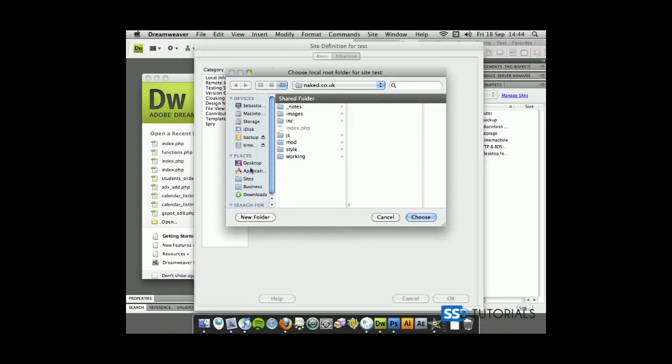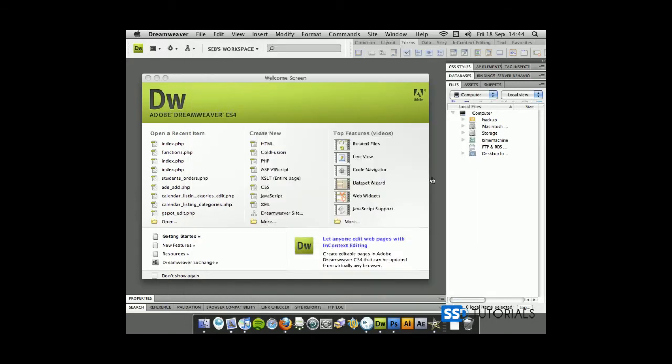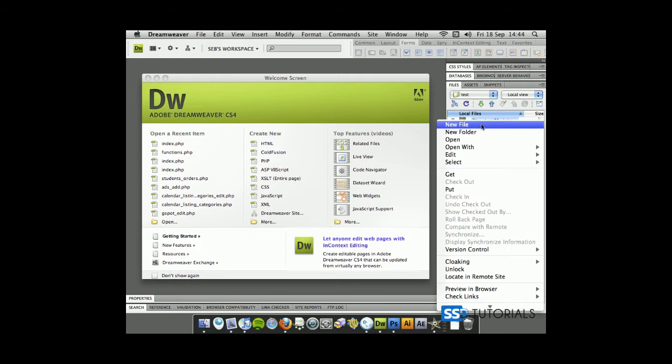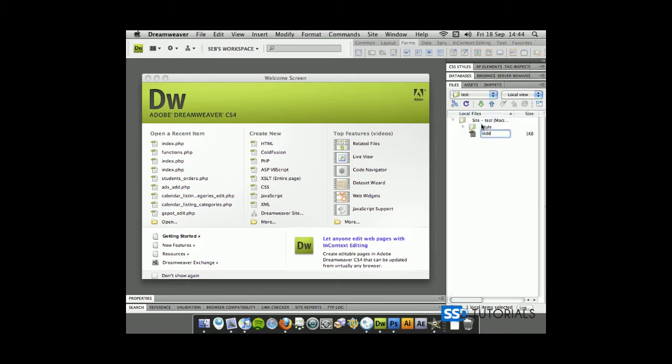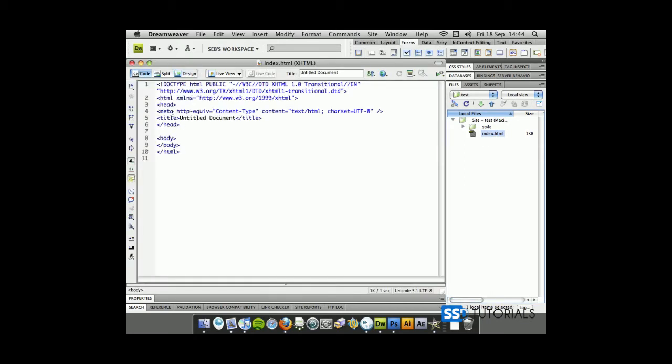Then if we go to the local folder, let's say on the desktop, to the same folder, choose and click on OK. Okay, and done. Now within this folder, we're going to create a new file and I call it index.html. Now open this file, and hey, we've got obviously our standard meta content type with character set and a